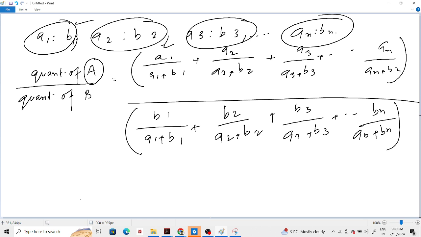Write it as a different theorem only. There are n vessels of sizes